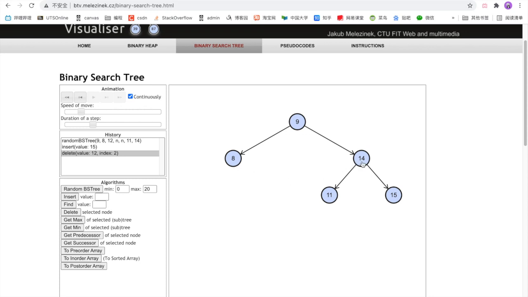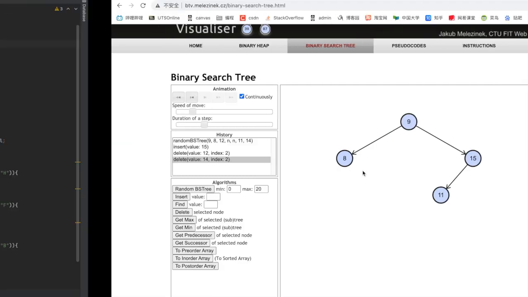But if I want to delete something like 14, it's pretty complex because I need to change the left and right of 9. For instance, if I delete the 14 and it changes to 15, so I need to change the 9. So and I also